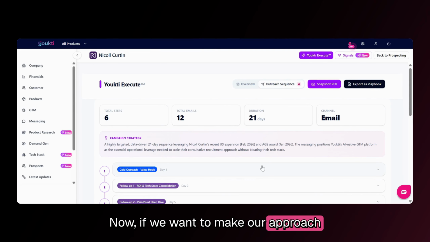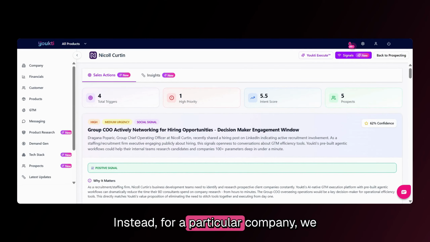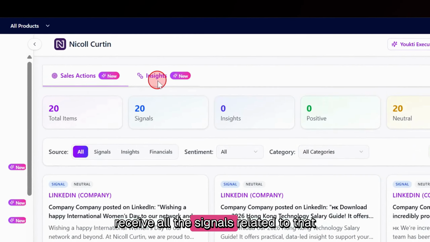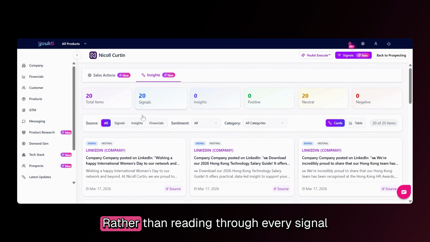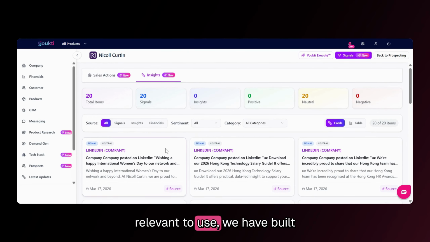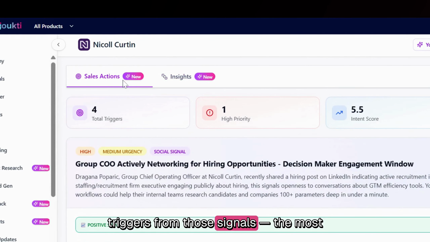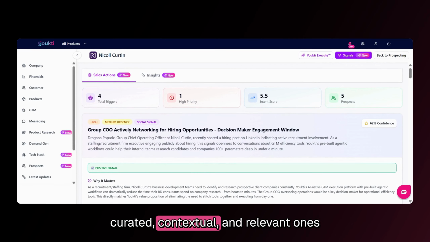Now, if we want to make our approach more tactically actionable, there are real-time signals available to us. These signals are not delivered as a single dump. Instead, for a particular company, we receive all the signals related to that company. Rather than reading through every signal and figuring out which one is most relevant to use, we have built something called Sales Actions. This feature surfaces the top 4 triggers from those signals, the most curated, contextual, and relevant ones